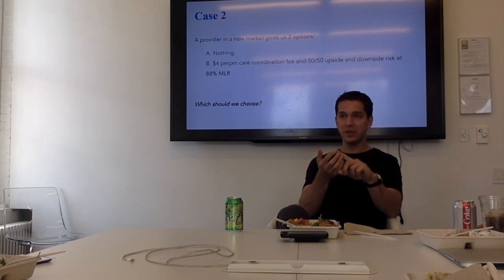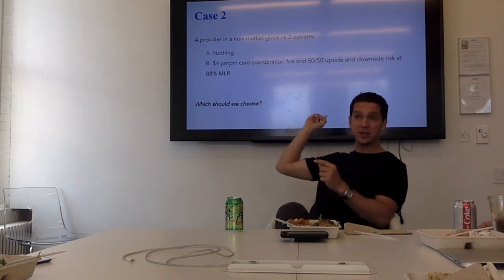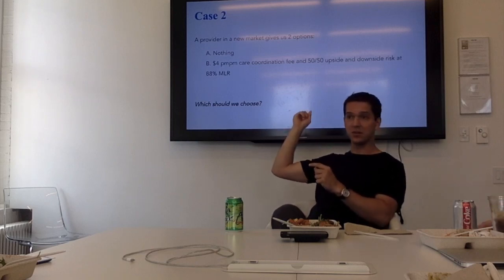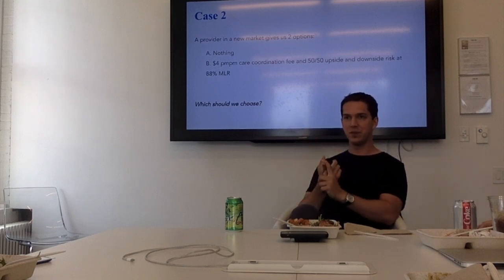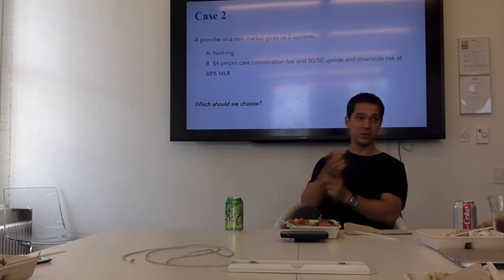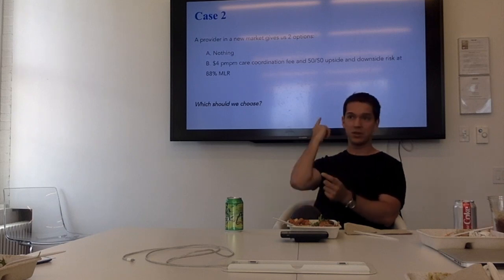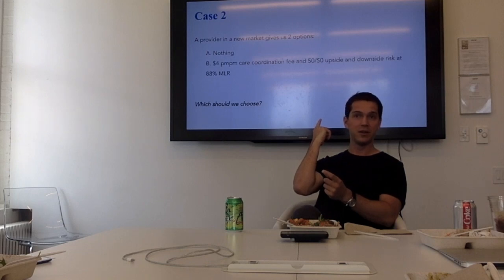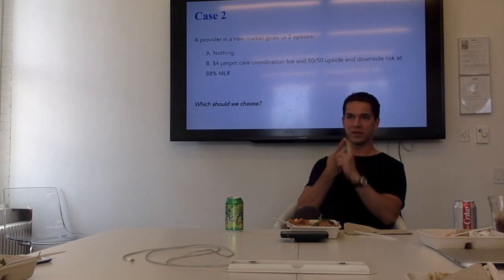And then there are reasons why. I think the first is that we believe the MLR will actually be lower because we did this, because we'll do risk adjustment better, because they'll lower the total cost of care or whatever. As Sam is saying, and we talked about previously, just be very thoughtful if we are going to do all that stuff. And if we want anything in particular, such as scheduling for care routing that is going to lower MLR, we should get it in the contract. So that we say, okay, you're going to do this, this, and this. If you don't, you're not getting your care coordination fee, right? So one is that it could lower the aggregate MLR and we would thus get the benefit back.